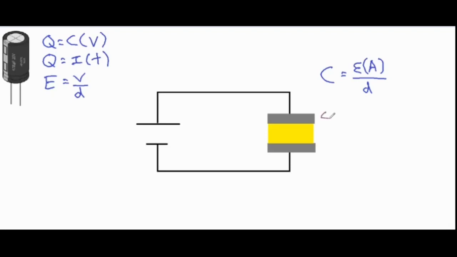We have two conducting plates. And those two conductors are separated by this yellow material, which is called a dielectric. Now, a dielectric is basically an insulating material that allows those two conductors to be separated and not have a current run between them. So basically what happens is we have a certain voltage source over here that provides some kind of delta V. And when it's hooked up to the conductor, it's going to allow the flow of charges